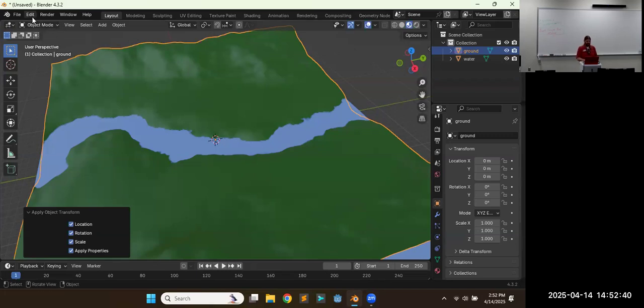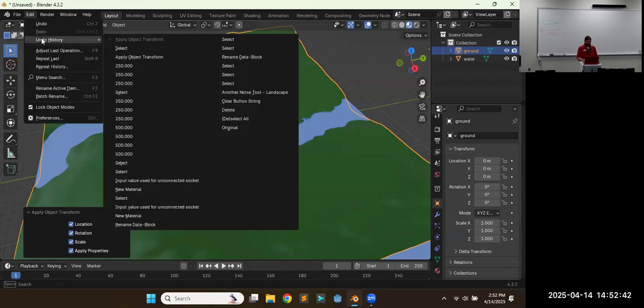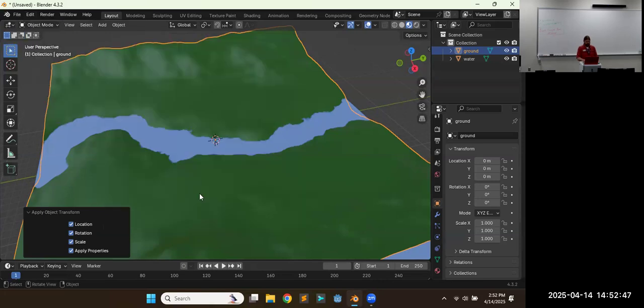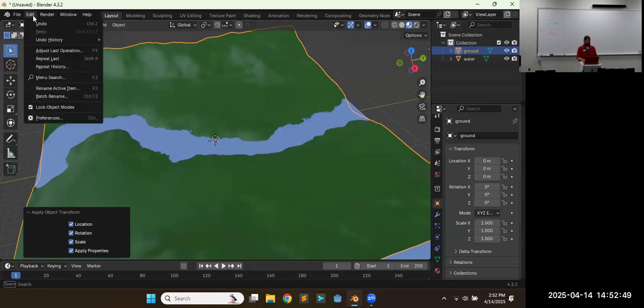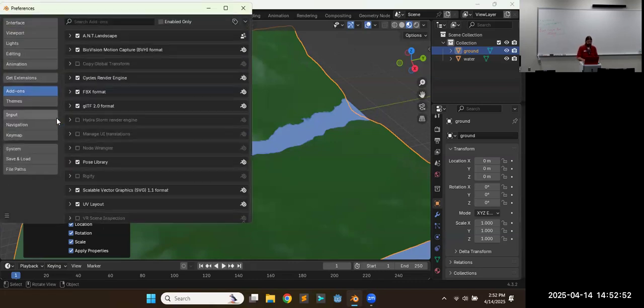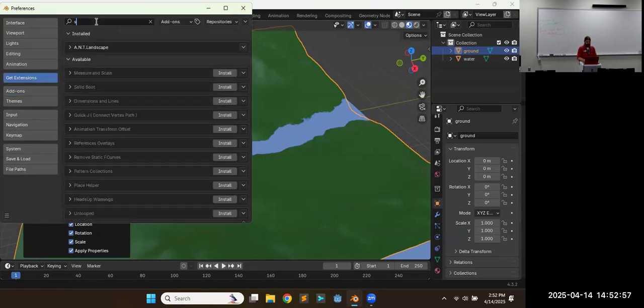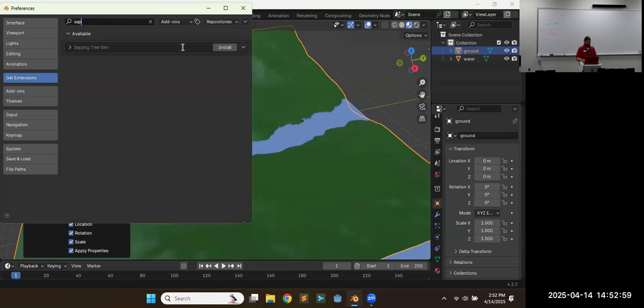Another one you might want to turn on is trees. Yeah, we'll look at that. So turn on that landscape plugin, and under preferences, or get extensions, search for sapling. This is a tree generator. So instead of drawing the tree, we can just generate the trees. And then in the game engine, we can use a multi-mesh instance to turn like one tree into an entire forest without overloading